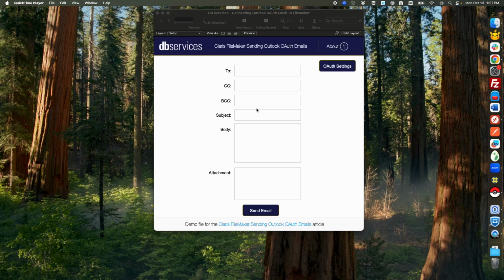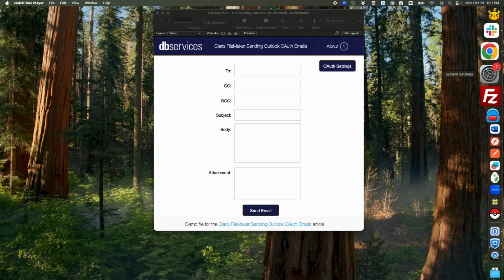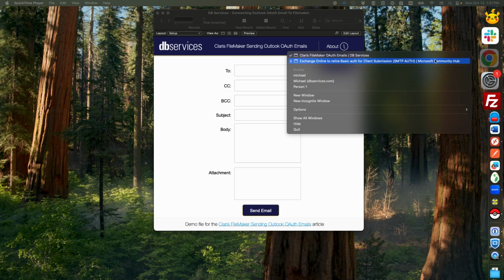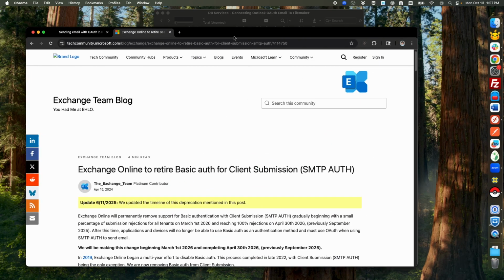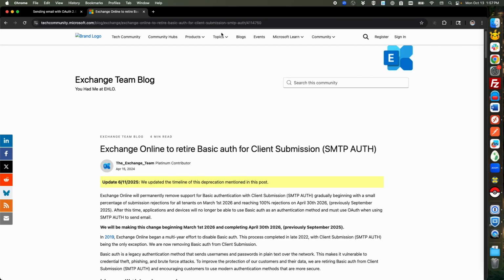So why do you want to make the switch from SMTP over to Outlook? There's a couple of reasons. One, Outlook is more secure when using OAuth 2.0. And also, Microsoft has announced that on March 1st of 2026, they will start disabling Basic Auth for client submissions via SMTP. So if you're currently using SMTP for sending emails from your Outlook